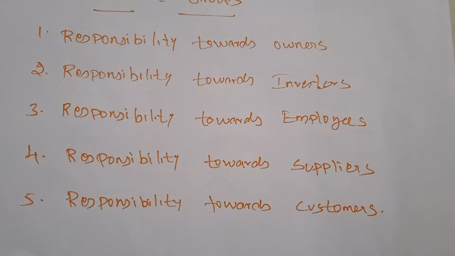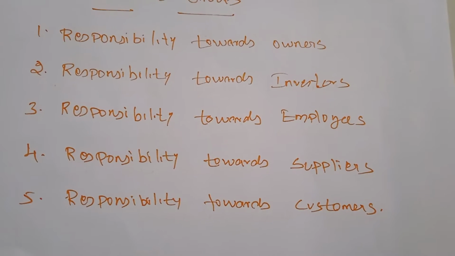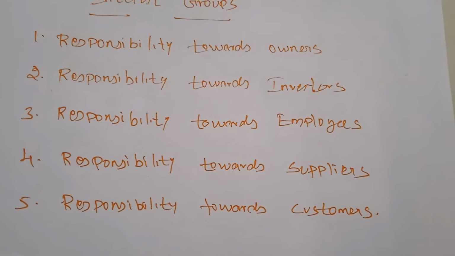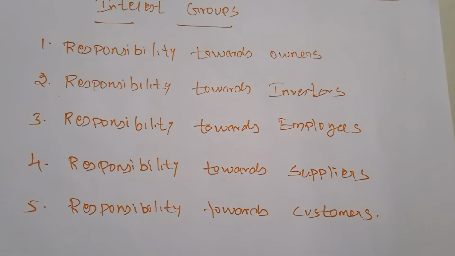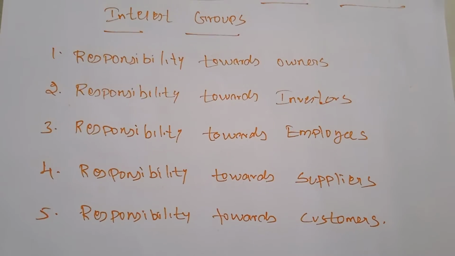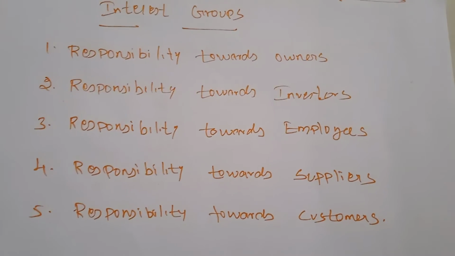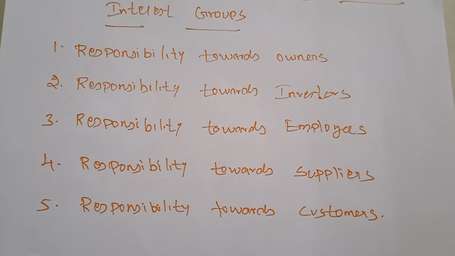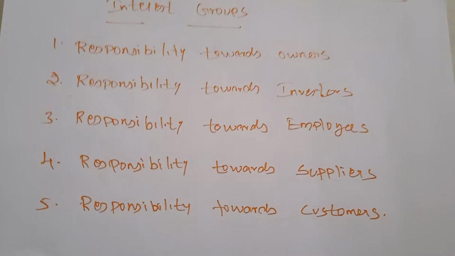The primary responsibilities of business towards its owners are: run the business efficiently. First, run the business efficiently. After that, the proper utilization of capital and other resources. What are the resources that are going to be taken from nature? Natural means the natural also